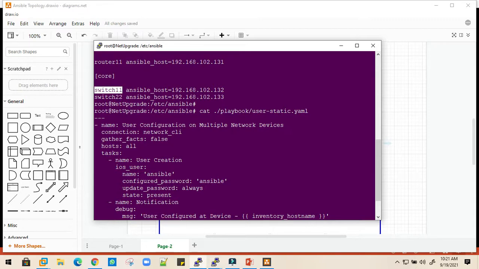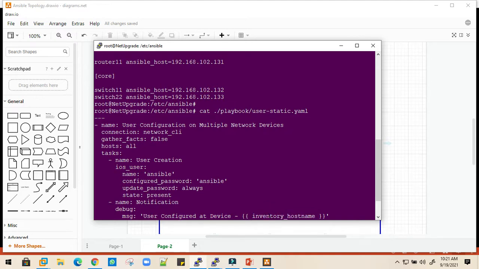Once it is done on the second switch, it will inform us that the user is configured on switch 22, like this. So every hostname is picked up from the inventory file and gives us a message that the device has been successfully configured with the user or not.